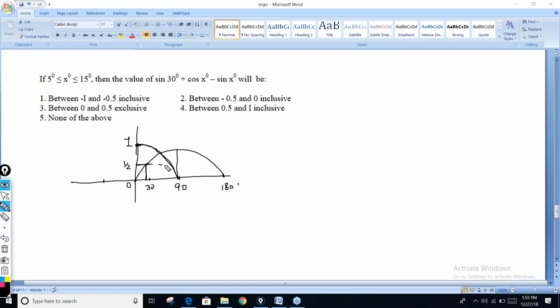At 60 it is half, right? So tell me, this difference from 0 to 15... okay, let me write it first. x is given between 15 and 5,